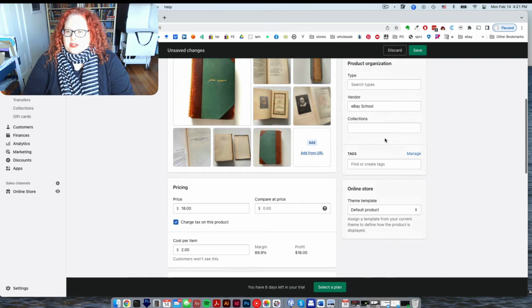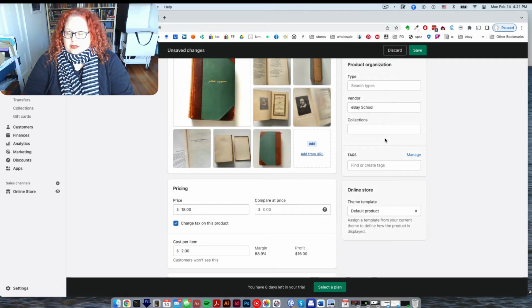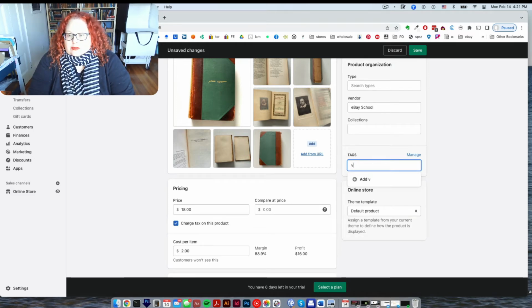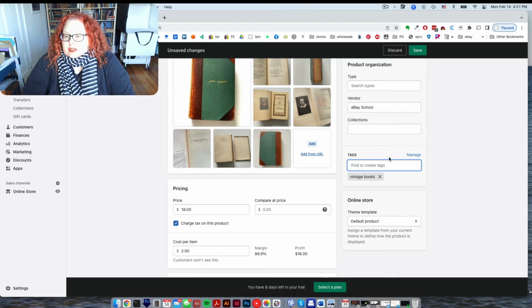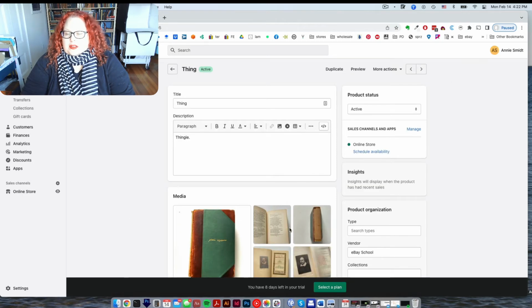So coming down here, I'm going to skip a few things that you can look into and use if you want to. Collections we're going to talk about next. And tags I mentioned at the beginning. This is where you can add them. One of the places, say this is in my vintage books or vintage section or whatever. So we can add that tag. We can add multiple tags or just the one or what have you. And nothing else here you need to really fuss with. I'm going to hit save. Okay, it keeps me on the listing page